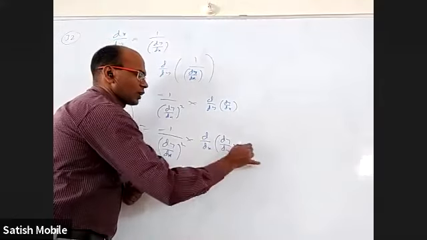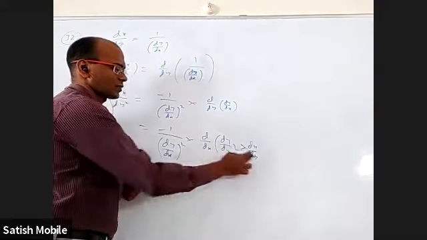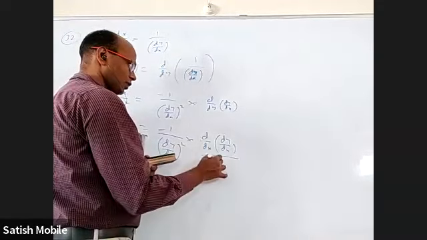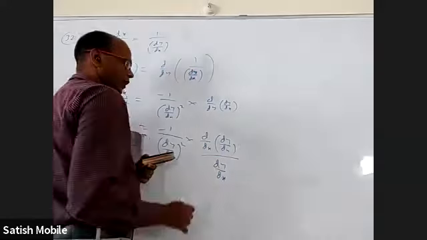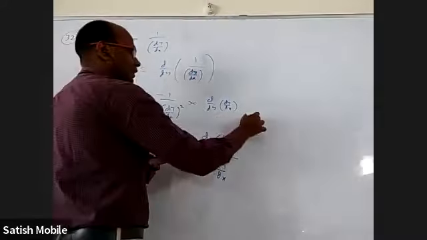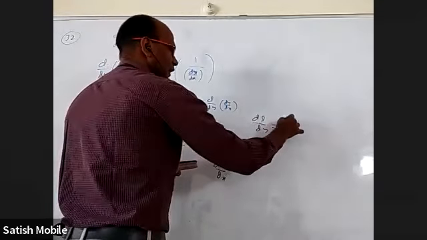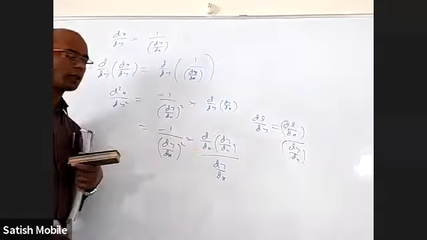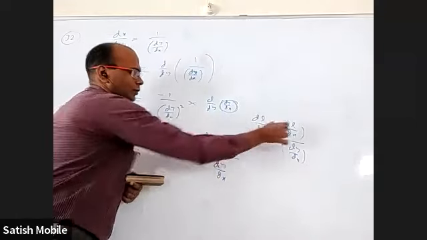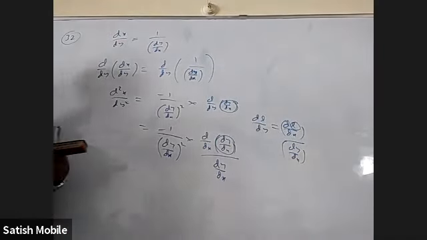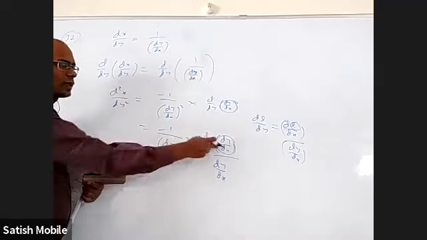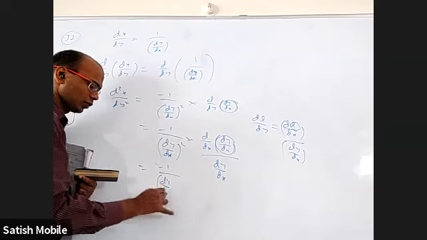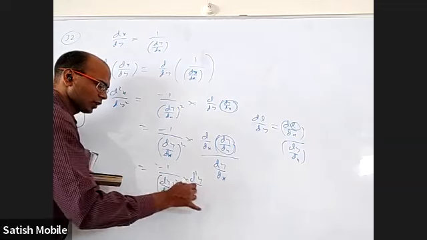Instead of writing like this, you can write if you want dx by dy also. This dx will cancel, both are same. So I'll write dy only. If somebody is not clear from here to here, what I have done, let us call this as L. dL by dy, can I write it as dL by dx by dy by dx? Is that okay? That L is this thing. Now what is this? This and this are dy by dx whole cube, and that is this proved. Minus 1 by dy by dx whole cube into d square y by dx square.